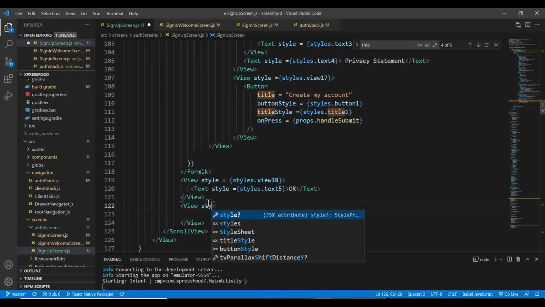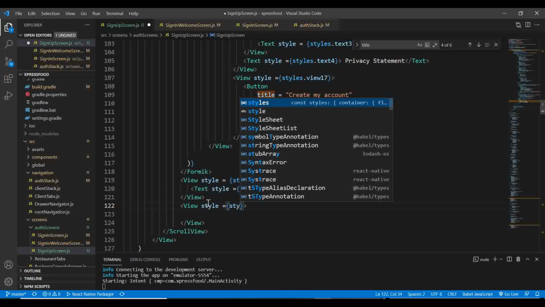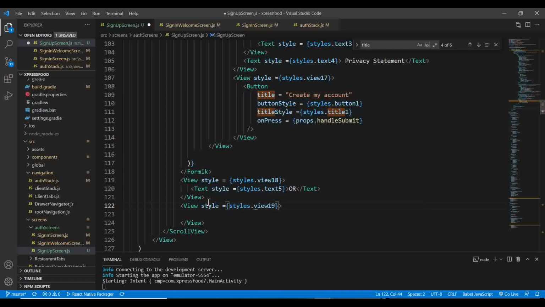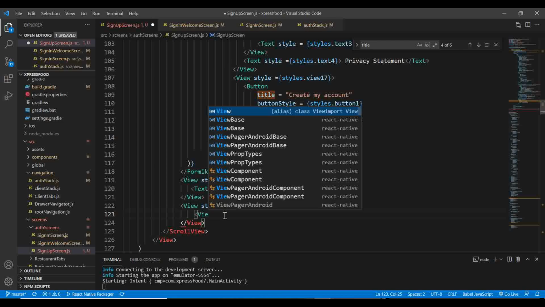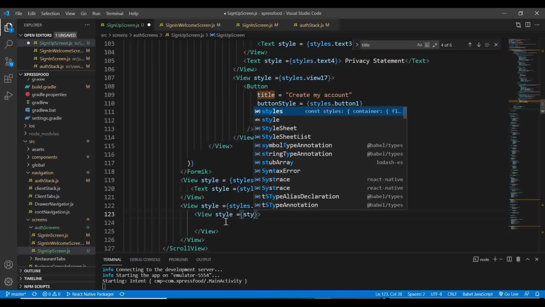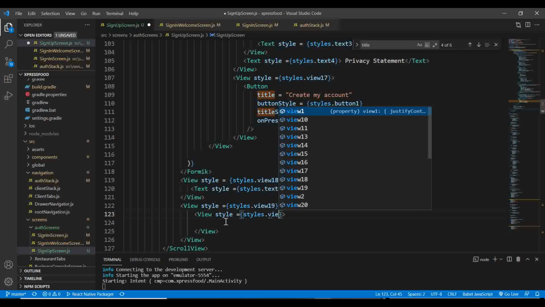This will be style equal to styles.view19, and we open again another view inside this, so here we're going to pass again a style to it, and the style here will be equal to styles.view20,